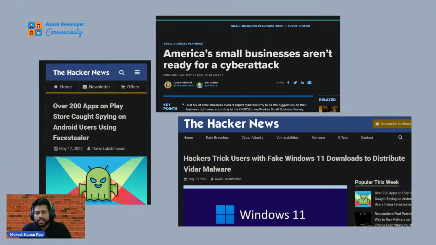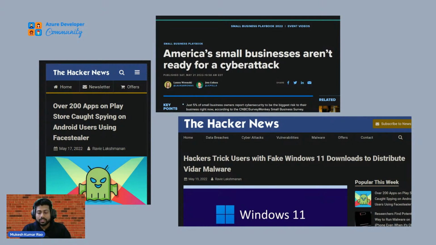You can see here I have added a few images about the recent cyber attacks that happened this year only. There you can see some banks attacked by cyber attacks. 200 apps were removed from the Google Play Store because of spyware in the apps, so they are stealing your personal data, personal information. And even in Windows 10 and 11, we have got some malware called Vidar, which is used to encrypt information about your system and breach your data to send to the hacker.